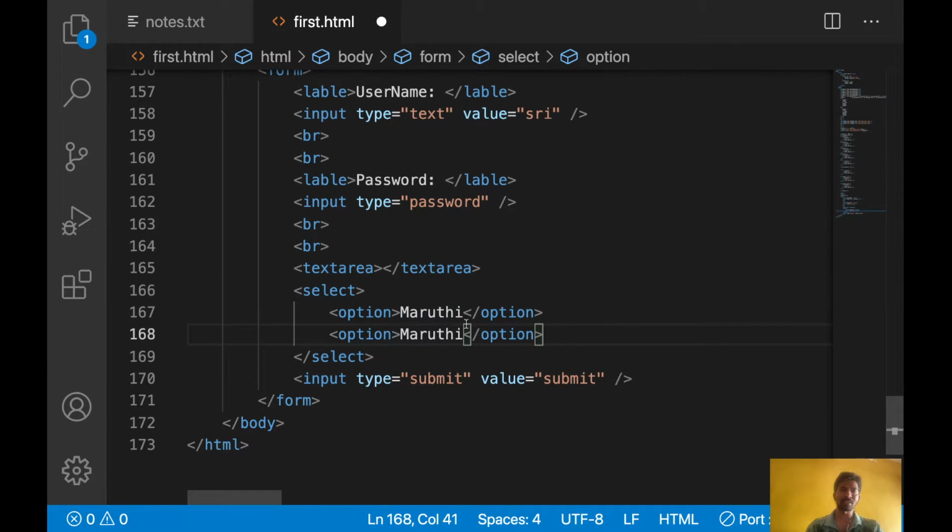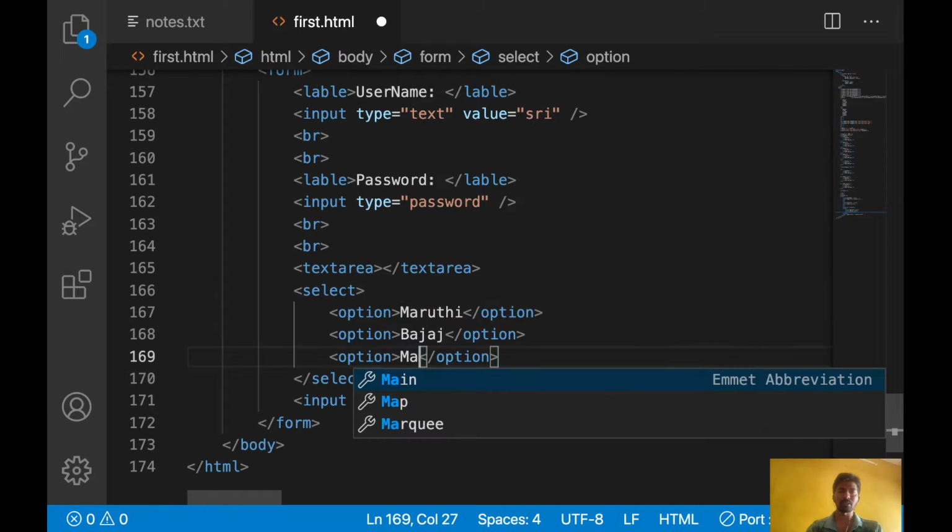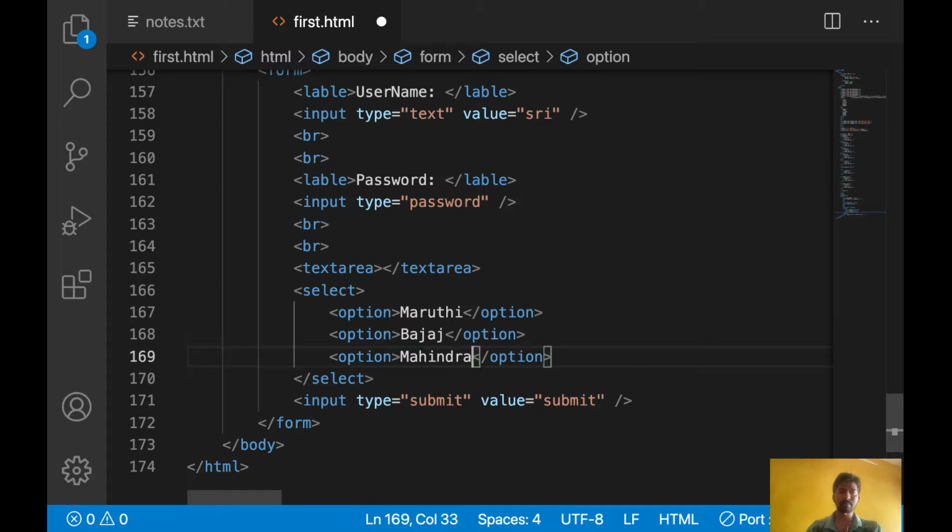Some Bajaj. Some Mahindra. So I have 3 options. Let's see how this select box will work.